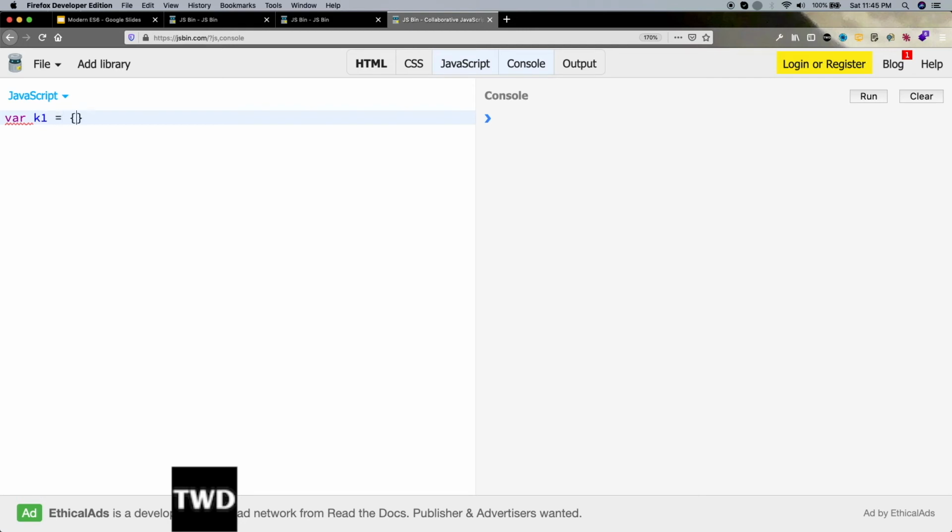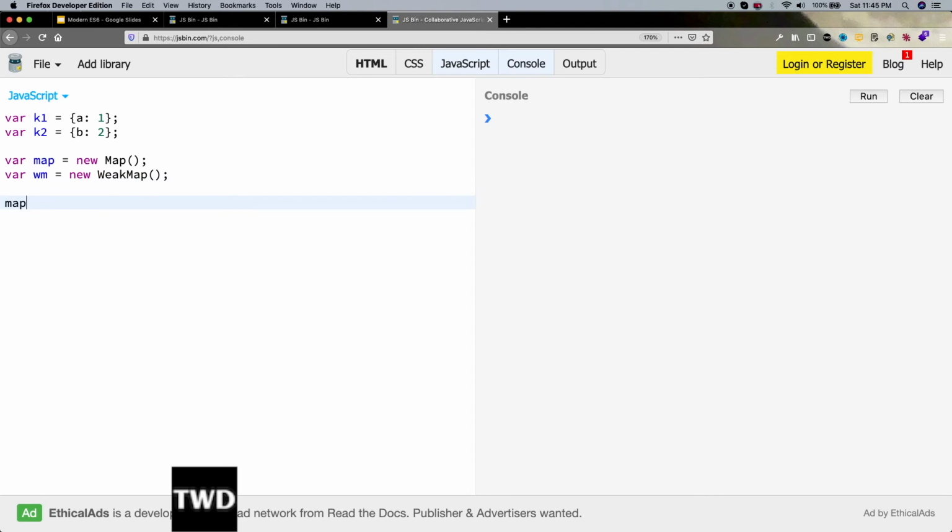K1 equal to A1, K2 equal to B2, var map equal to new Map, and weak map equal to new WeakMap, with the M capital. So we declare it like this.